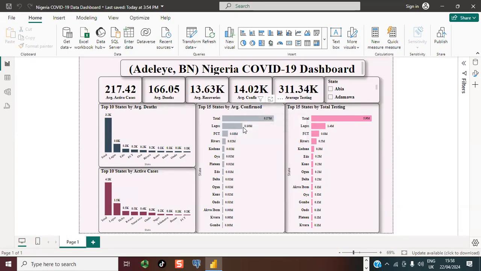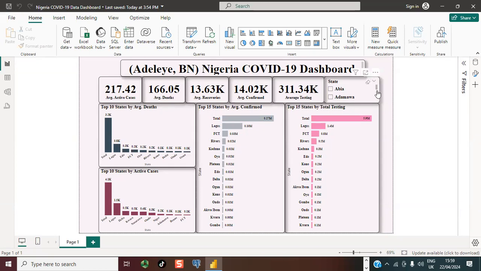Lagos also topped the chart when it comes to confirmed cases, and when it comes to the total number of individuals tested for COVID-19 symptoms. So in a nutshell, we can see what the data shows for Nigeria when it comes to the COVID-19 pandemic.